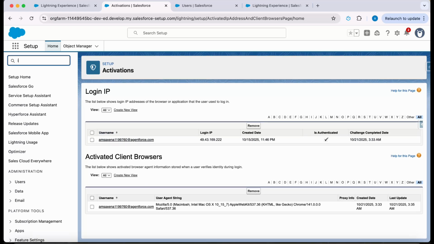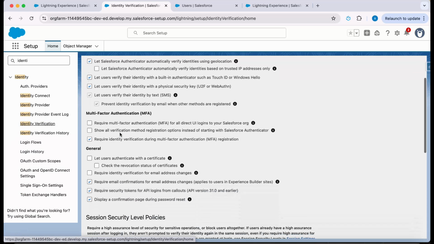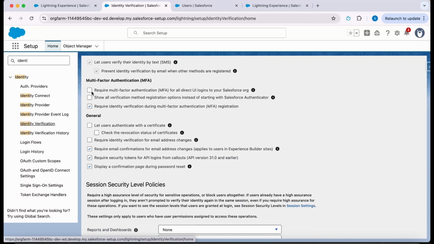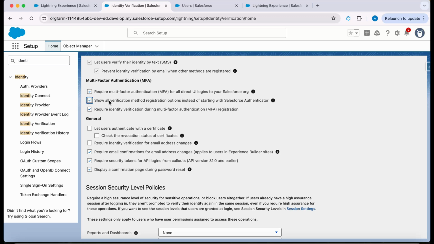In order to do that, we will move to the screen called identity verification. And in identity verification, you will find there is a checkbox under multiple factor authentication. There is a checkbox which says require multiple factor authentication for all direct UI login to your Salesforce org. Once you check this box, all the users in your org must go through multi-factor authentication any time they log in through the Salesforce UI. Now, if you select the next checkbox, it offers you not just Salesforce Authenticator, but different verification methods to verify your